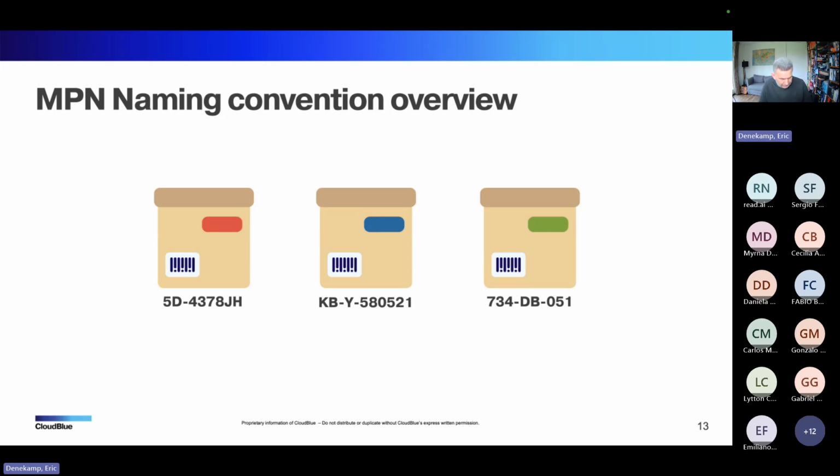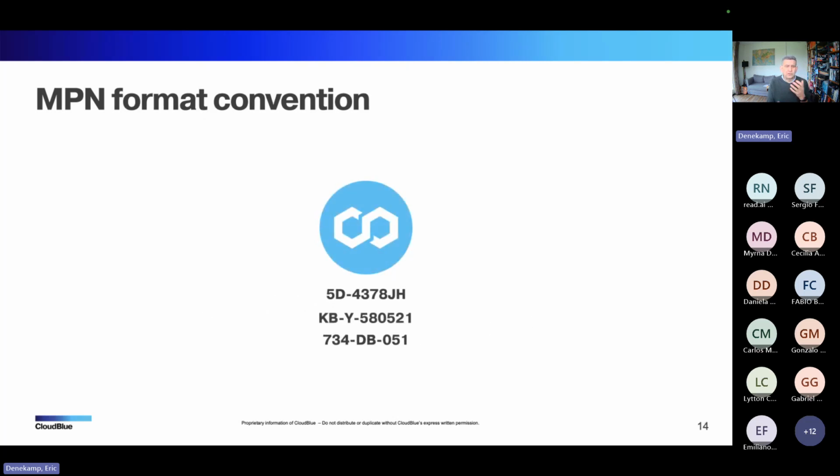We internally, when we build Connect packages, and we do build quite a lot, we're building the Adobe one, the Microsoft one, and some others, we try at least to stick to the naming convention that we're going to use in a second. I will also explain why we try to stick to it. However, the naming convention could be whatever you want it to be. Let's not forget that. If you don't want to stick to it, it's up to you. There is no repercussion, except maybe in the future, some kind of reconciliation.